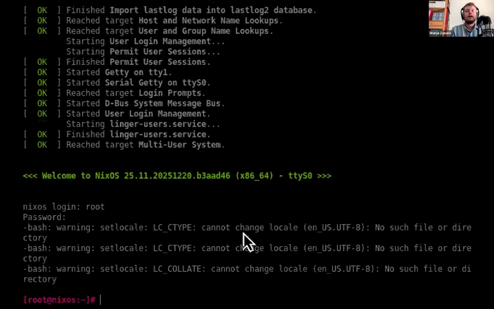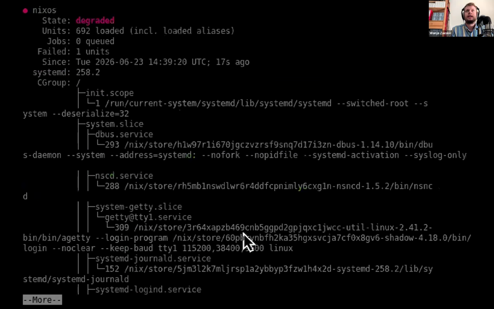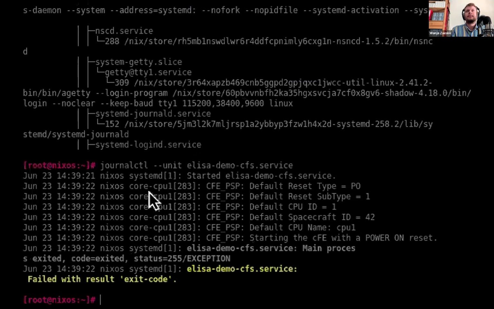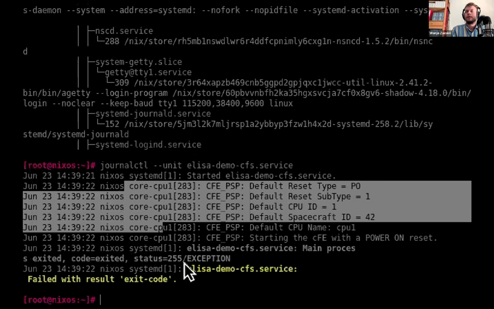There you go. Okay, so if we run systemctl status, we can already see the system is degraded. And in particular, on this one, we have a NASA core Flight System-based application. So that's a framework which lets you build applications for various things. Can Nix replace CMake? I'll go into that quickly. And what we can see here is this application does run for a moment. It prints some things, but then it actually exits with a non-zero exit code. So there's definitely a problem here.